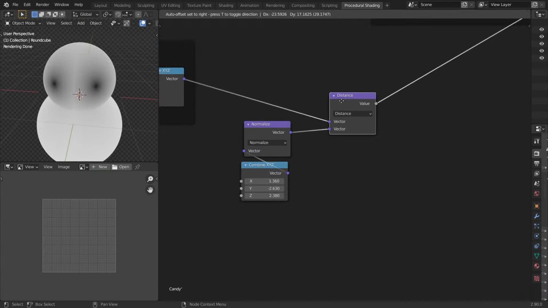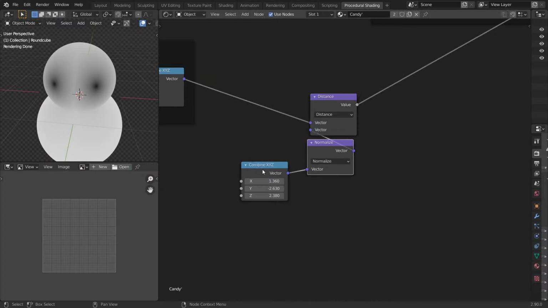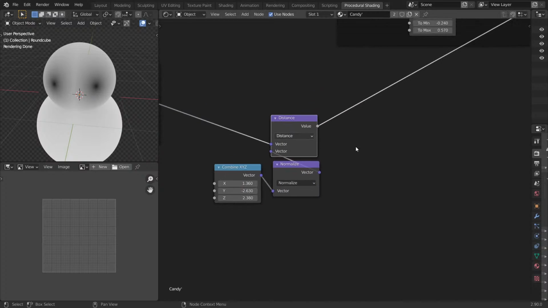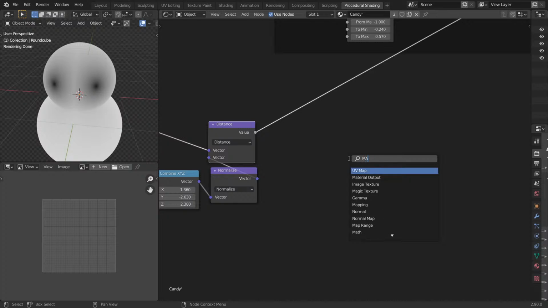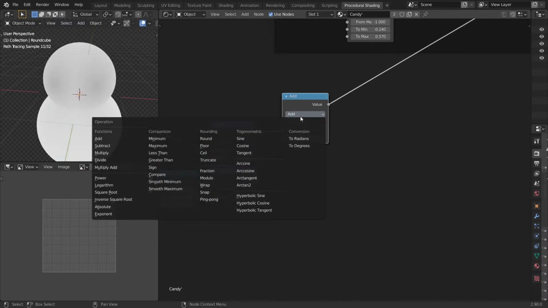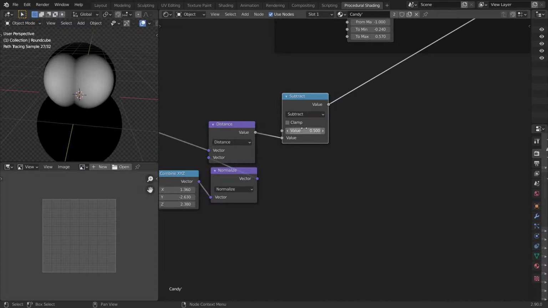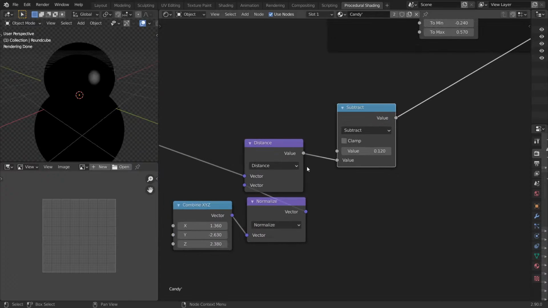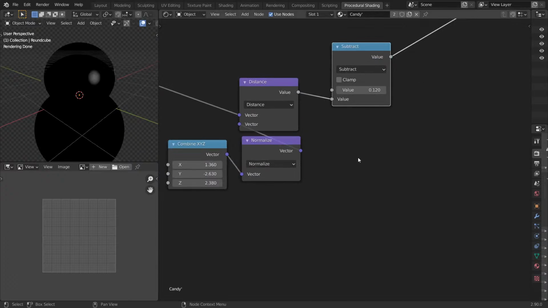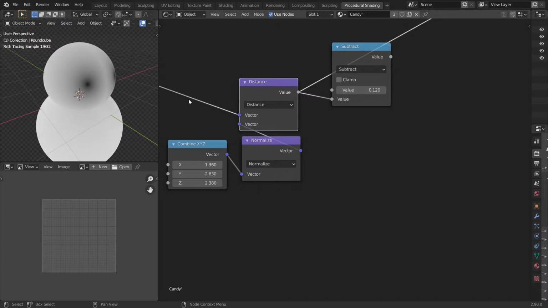So let's arrange everything. Now what I can do is take a math node, change this to subtract, and invert this. There you go, we start getting our eyes. So distance is nothing but a length which gives you the distance field from the location to the origin, except this is going to like,